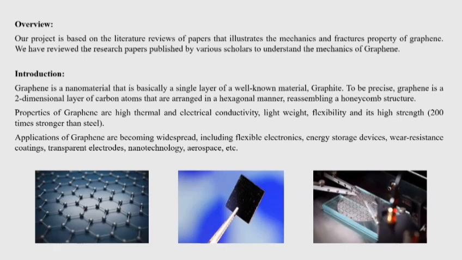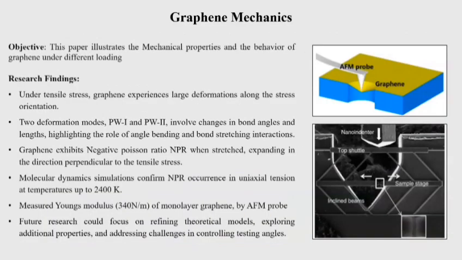So right now, graphene is primarily used in electronic devices due to its high thermal and electrical conductivity, but it's under research to expand the application into mechanical structures such as aeroplane wings and the aerospace industry, etc. And we've gone through multiple papers understanding graphene mechanics and its properties, etc., to have a better idea of what graphene is. So in this paper, we'll go through the different loads that have been put into graphene and see